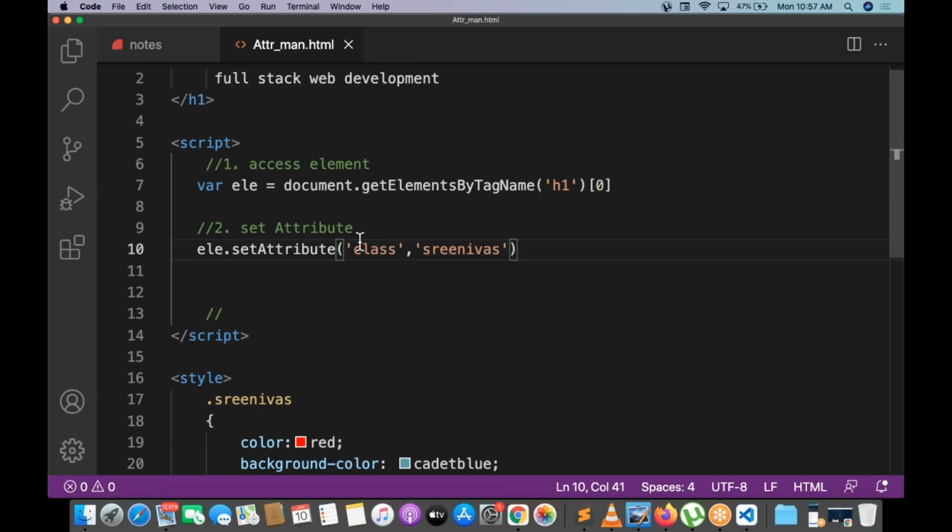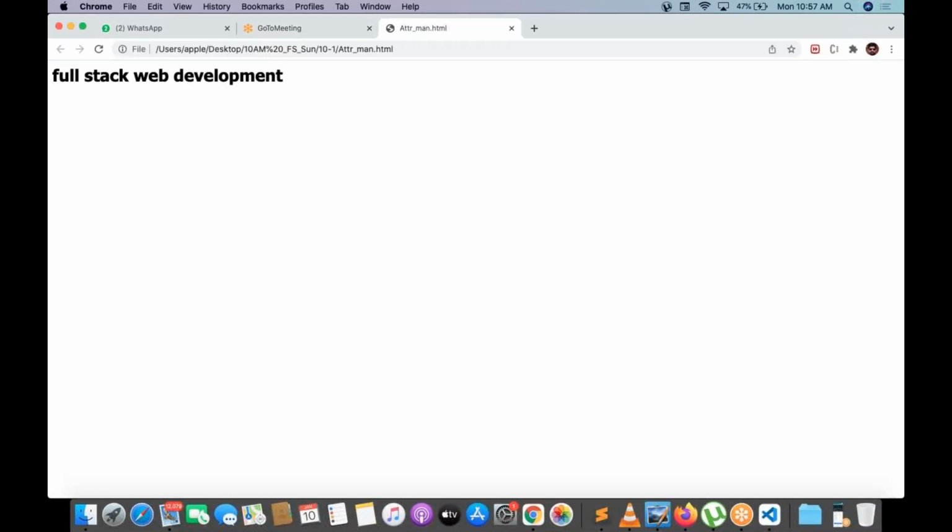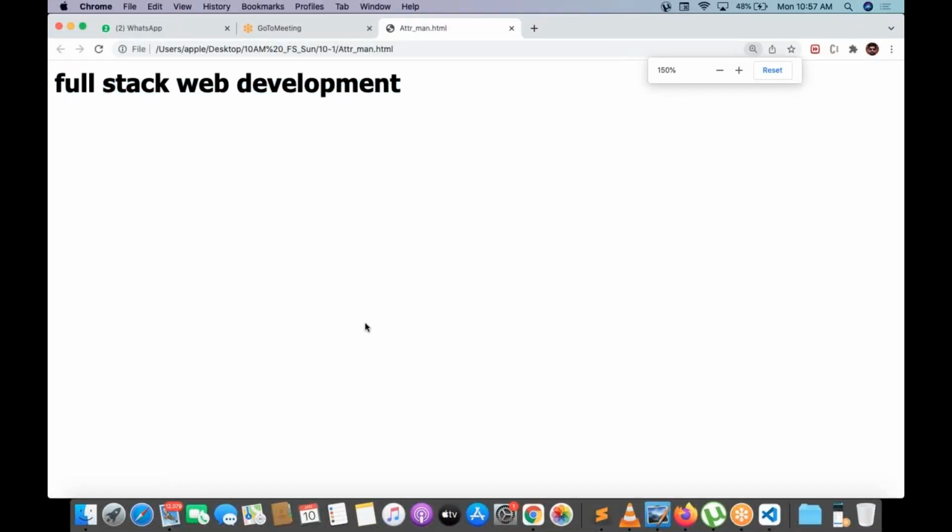Okay, finally, without this method, how will the program be? Just a plain h1, which does not have any style, any color, any background color, or any little bit of style alignment, center alignment, all these things.